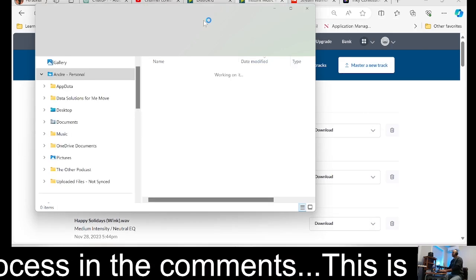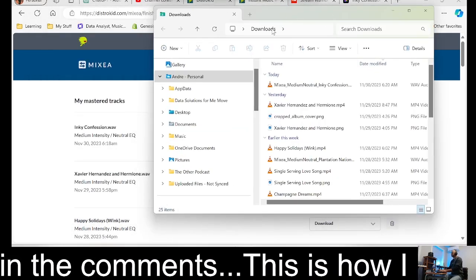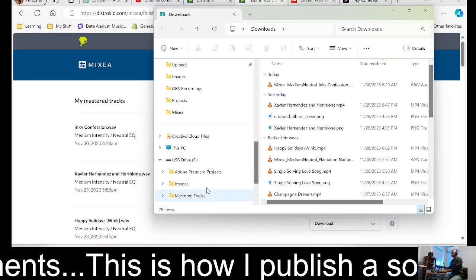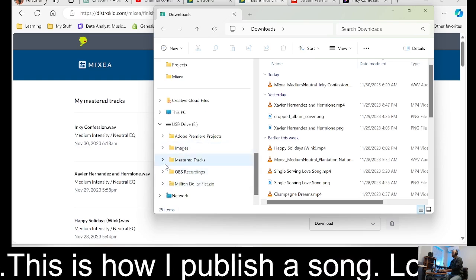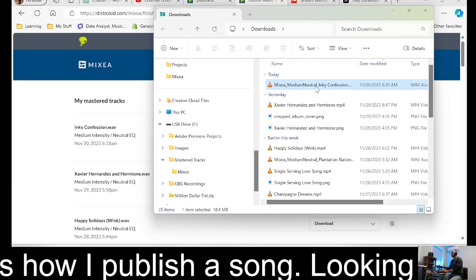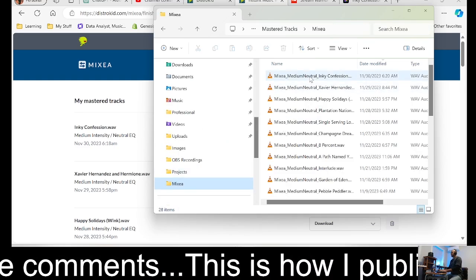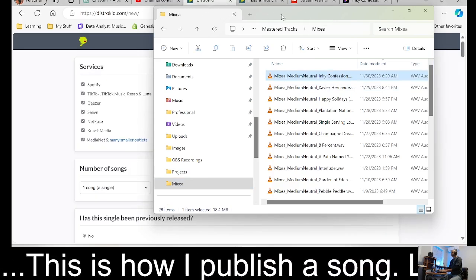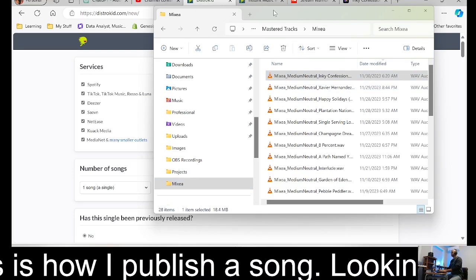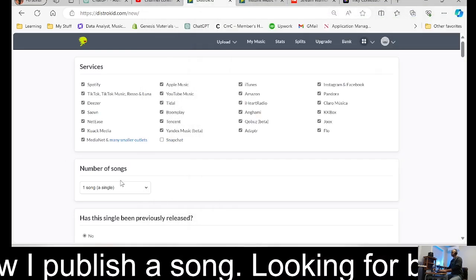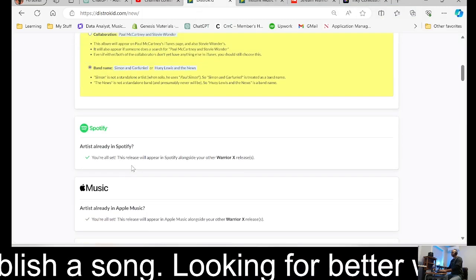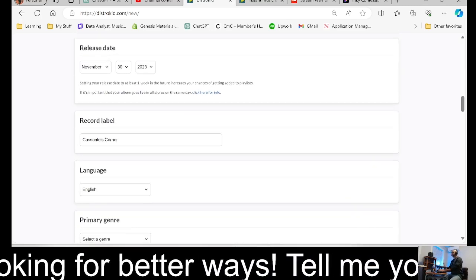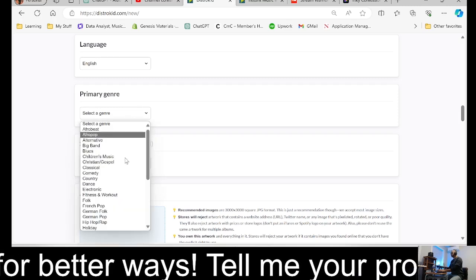And then I save all of my mastered tracks into a folder of mastered tracks. And so I will drag that into that folder so it's saved. My mastered file here, so I want to upload that to DistroKid. So we will do that. And once you set it up, a lot of the stuff gets saved. So all I need to do at this point is put in the genre,